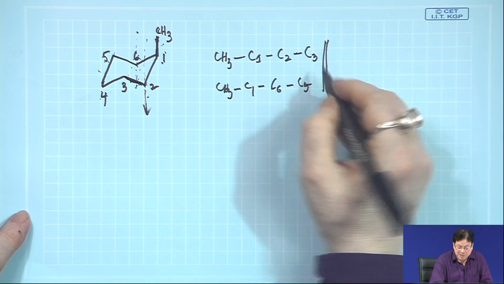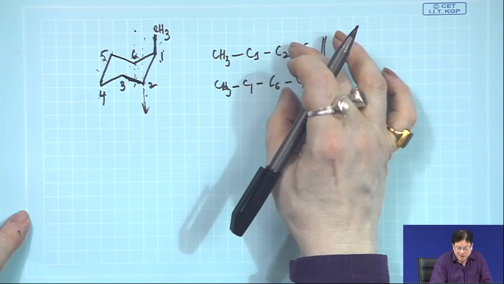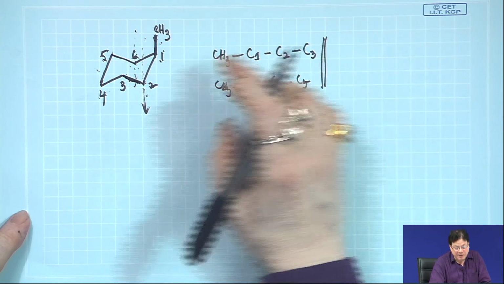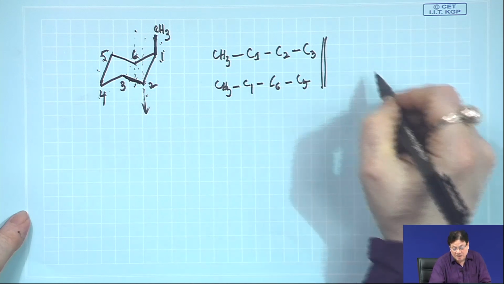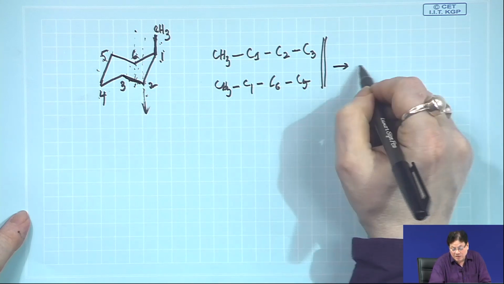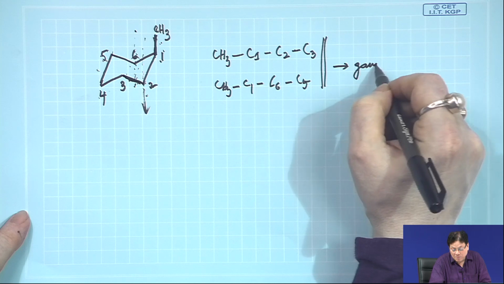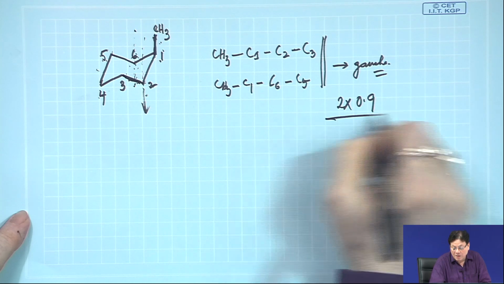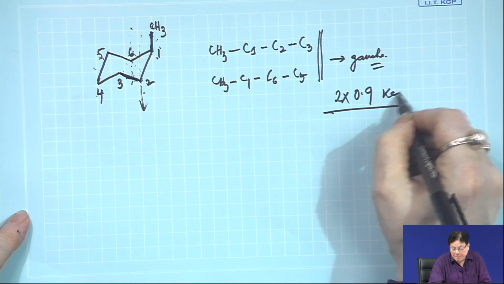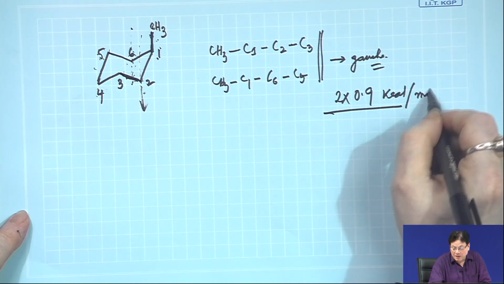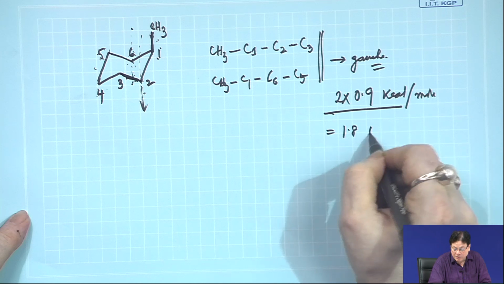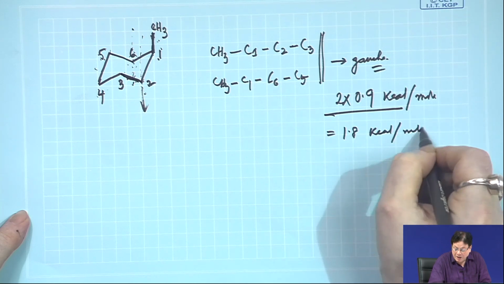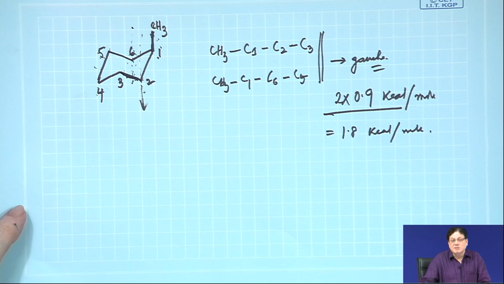Now, that means you are adding 2 butane units if you have an axial methyl, and both the units are in the gauche form. So, that gives an extra energy 2 into 0.9 over a cyclohexane chair, 0.9, that means 1.8 kilocalorie per mole. Okay. And if you can see the model,